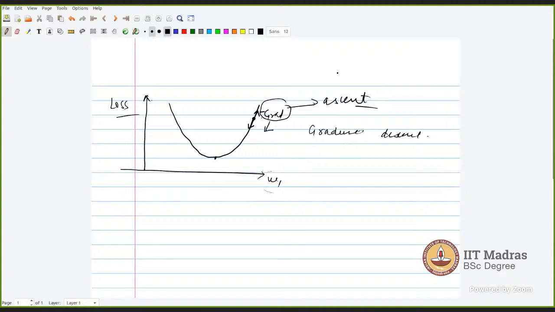Thank you. Ma'am, in ascent and descent, you have mentioned that the ascent direction is the gradient and the negative is the descent direction. But you have not specified that in that direction, we have to divide by the magnitude to make it a unit vector. If you want to get the directional derivative and you are interested in finding that u, then you have to divide by the magnitude of u. That will be your unit vector. Whenever you are computing the directional derivative, you will convert it into a unit vector.